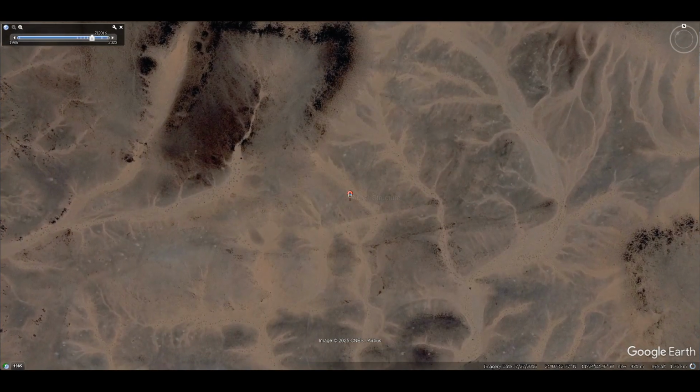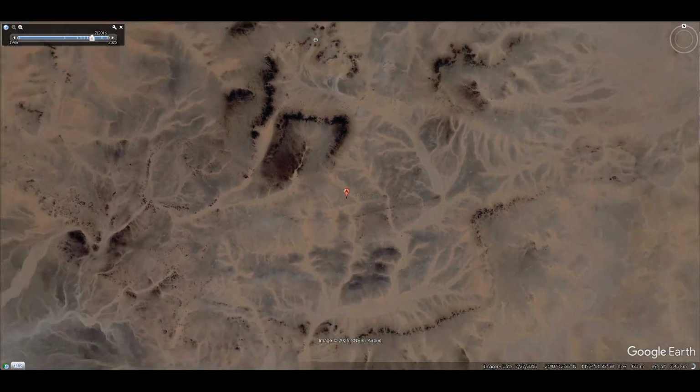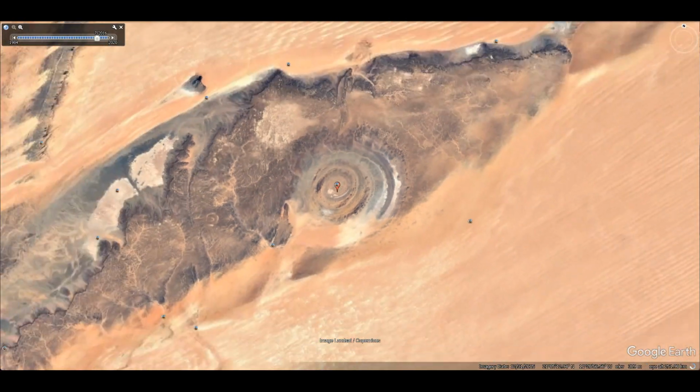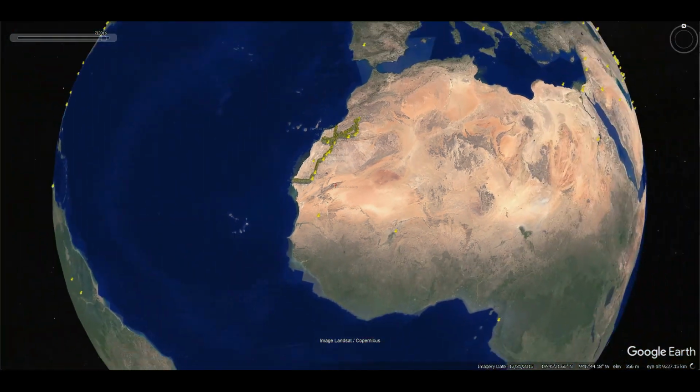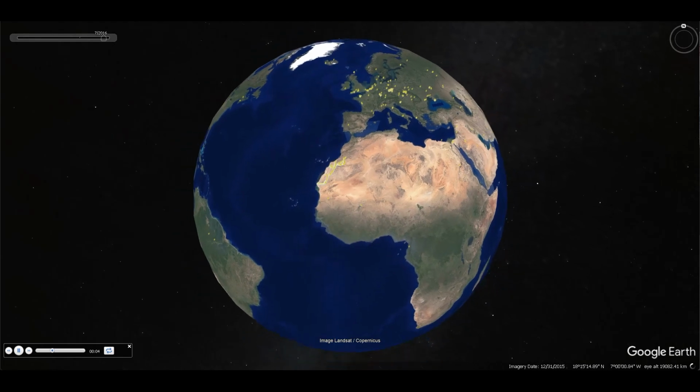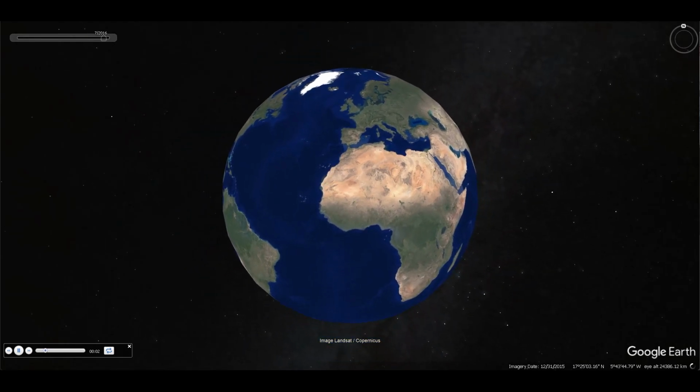But the Eye of the Sahara is not the only one. There are dozens of these formations in this desert, but they are not talked about. They are deformed by the pressure of the surrounding rock.